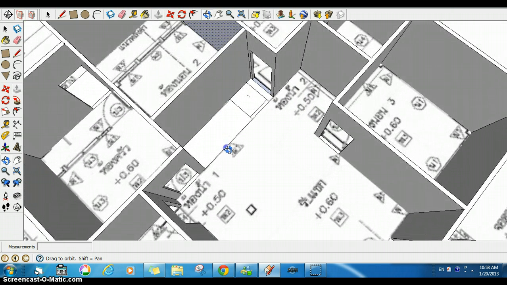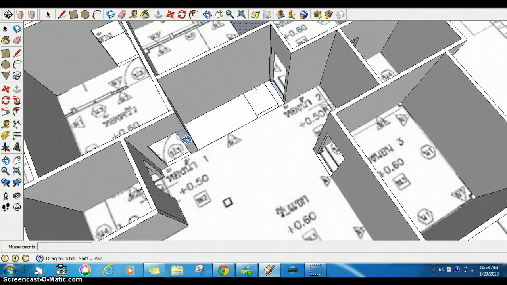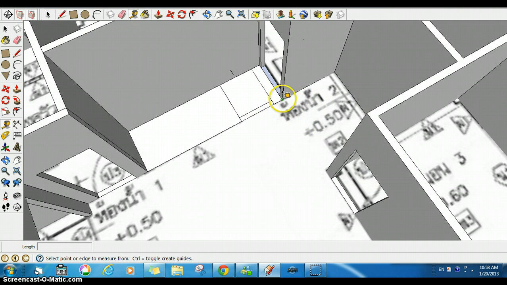So what I can do is I can mark this area to be about 16 inches. Half a meter, I'm going to make this closet. So 0.5. Okay. So now I can